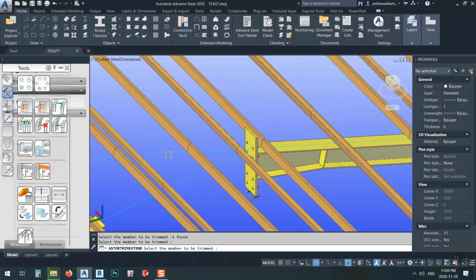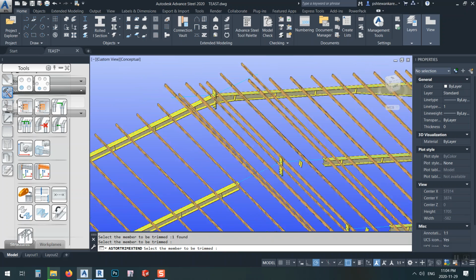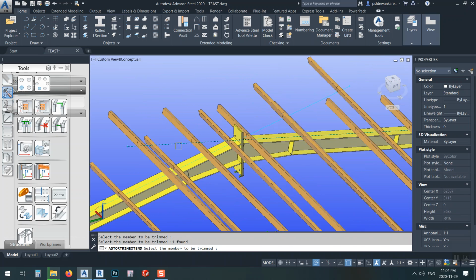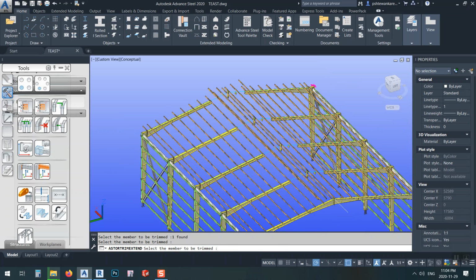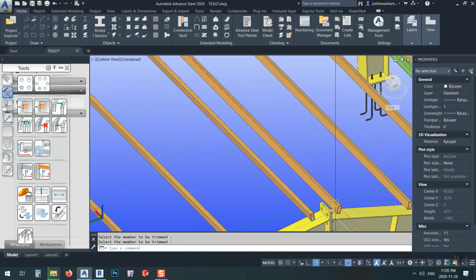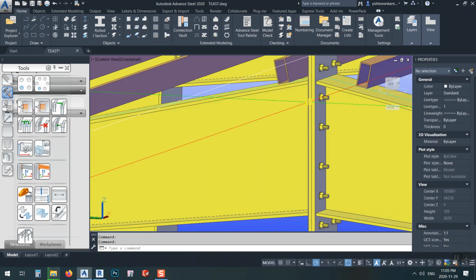Just select this one, and this one, and this one, and this one. Every time you select any kind of element, you have to press enter or space bar, and just like this. After you finish all the things, just right click, and now everything will change back to its position. Even the connections, if you see, the connections came back to the previous